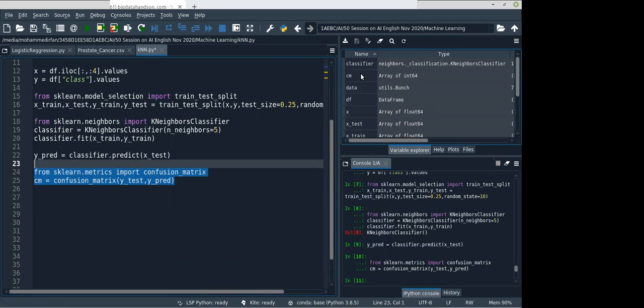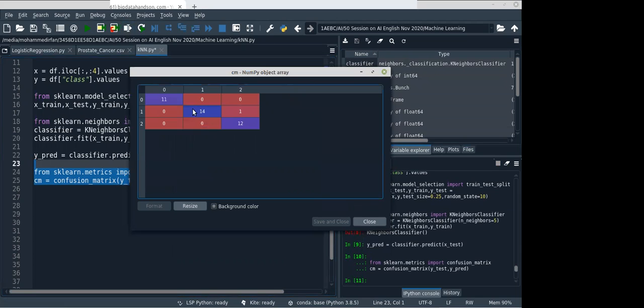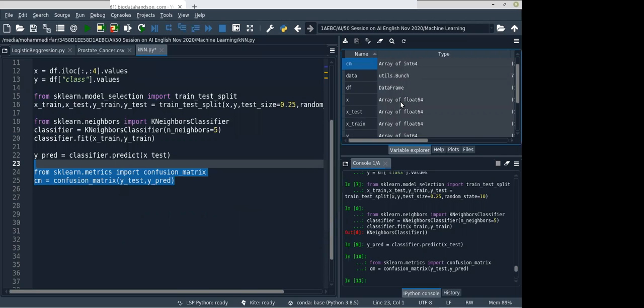So now you can see here the confusion matrix. Previously we have seen the 2 by 2 matrix. Now what about a 3 by 3 matrix? If you have a 3 by 3 confusion matrix, the diagonal, which is here like 11, 14 plus 12, these are all correct predictions. Only these three are incorrect predictions. So now we have an incorrect prediction. Actually the class is 2, but our model predicted class 1. So that's a mistake. Okay, one mistake, but all others are correct predictions, right?